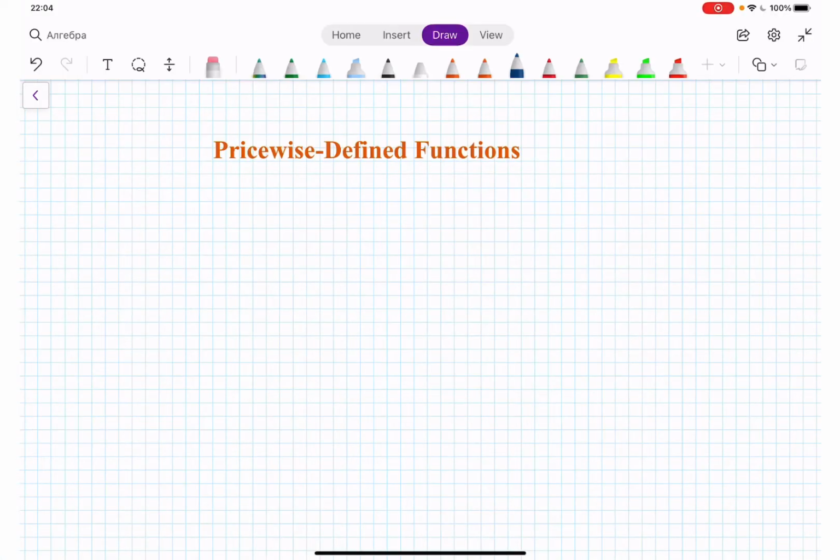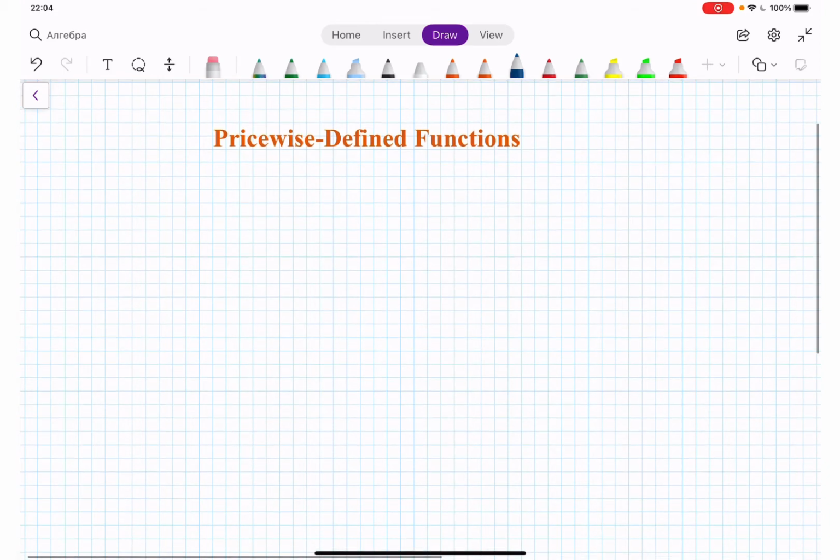Piecewise-defined functions. Piecewise-defined functions are functions that are defined using different equations for different parts of the domain. Here we have a piecewise function